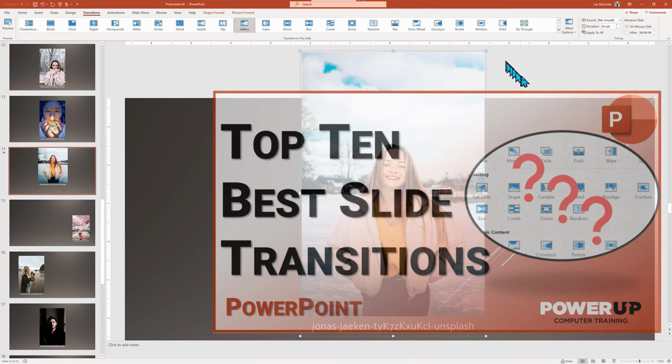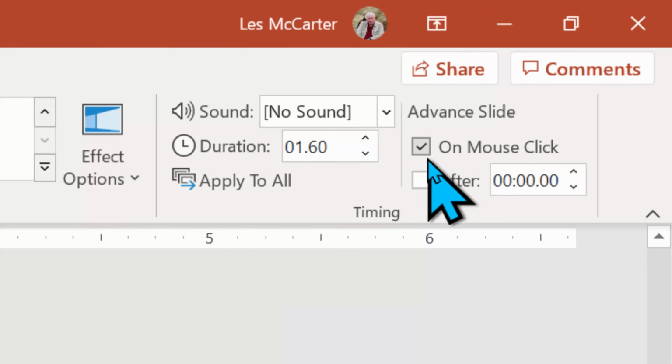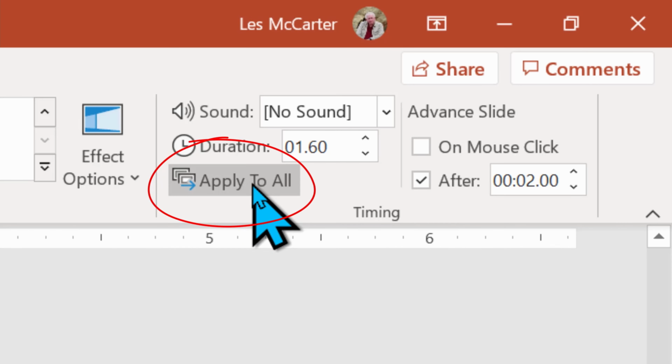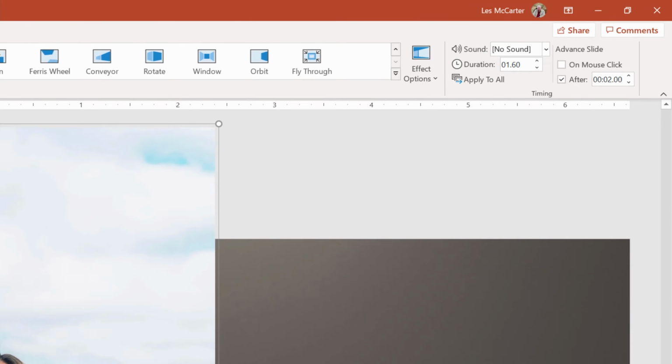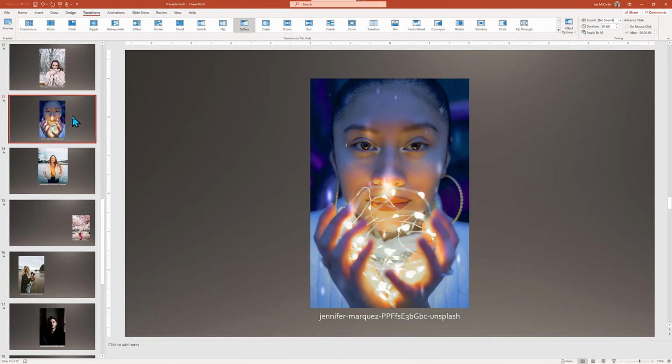And as a refresher, if you want your slideshow to run automatically, turn off the on mouse click and set the time between slides for automatic advancing. I'm going to use 2 seconds, but you may want the image to be on the screen longer. And the ever so important step, click Apply to All to make the transition plus the auto advance settings get turned on for every one of your presentation slides.